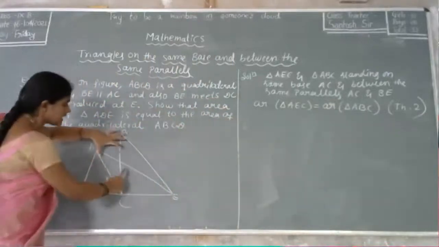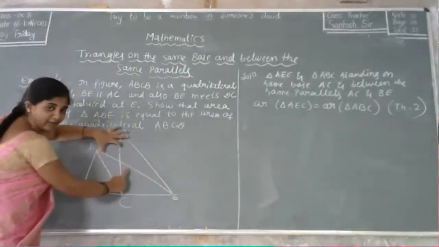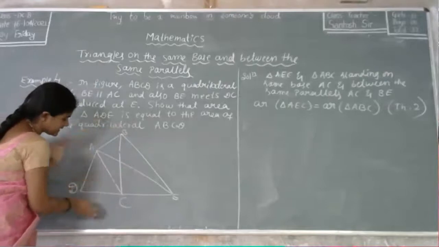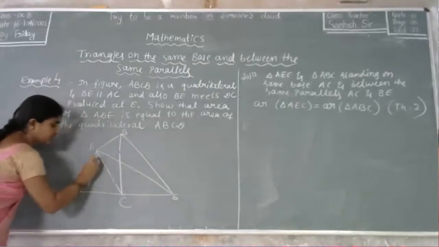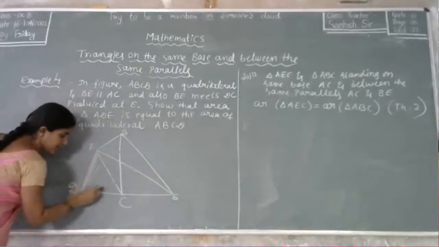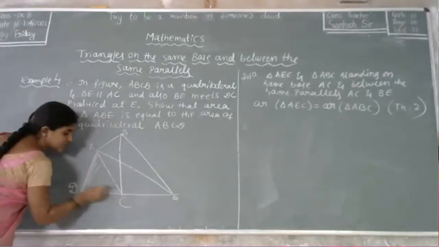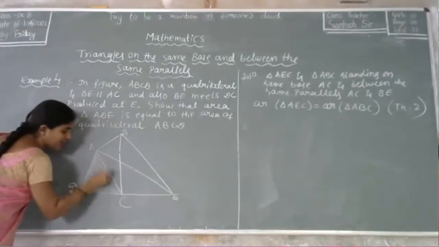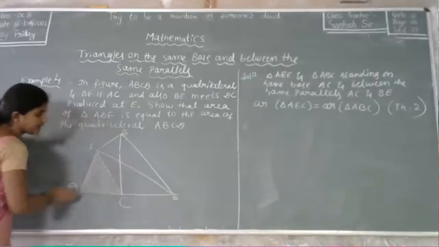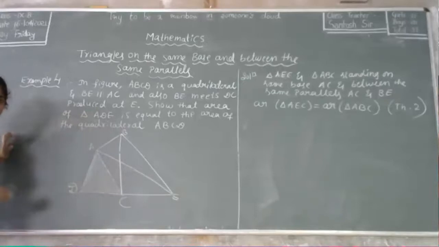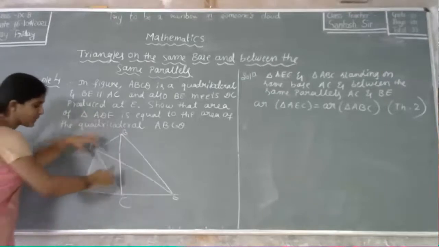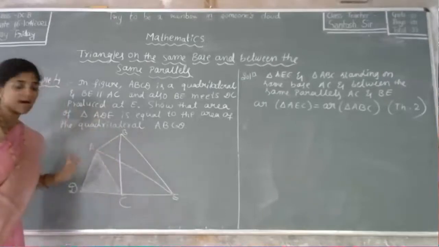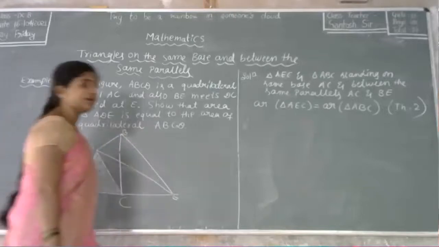Now for this equal area, just this ADC, I will shade this portion, okay? You just observe this ADC region is common in both the quadrilateral and the triangle. This ADC is the common portion for this AED triangle and this ABCD quadrilateral. So for these two equal areas, I'll add this common ADC.